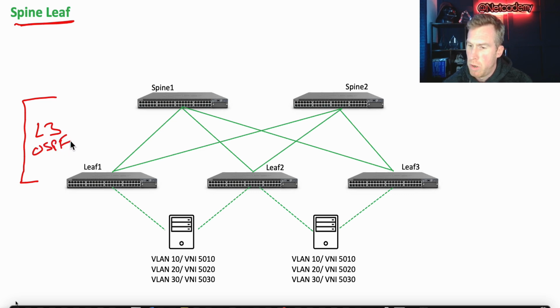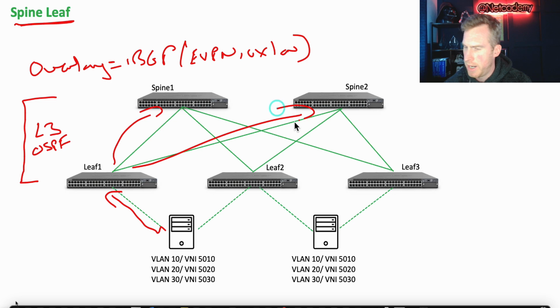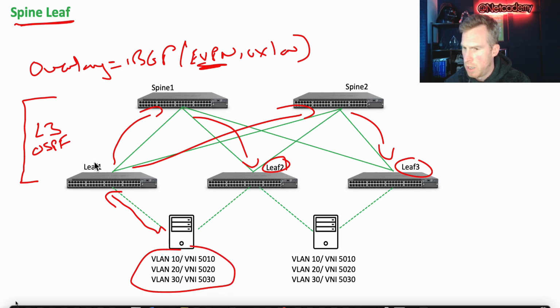And so what we now have is all those updates as they come, using the same example from leaf 1, over the overlay, which would be iBGP, EVPN signaling family, and VXLAN tunneling, would automatically be sent on to the spines, spine 1 and spine 2. And those route type messages, because we're talking about EVPN, would be automatically sent down to leaf 2 and to leaf 3. So leaf 2 and leaf 3 learn of all these tenants which are connected to leaf 1